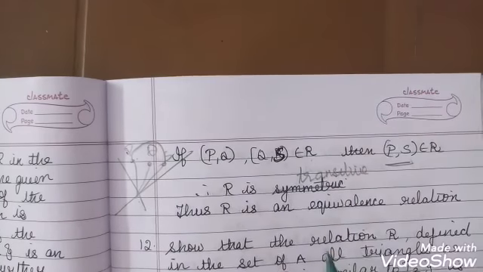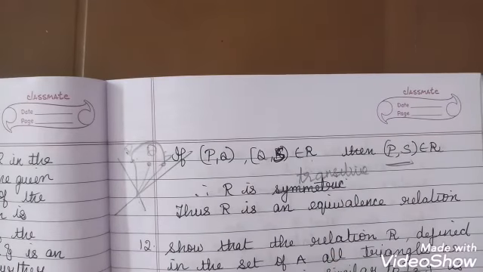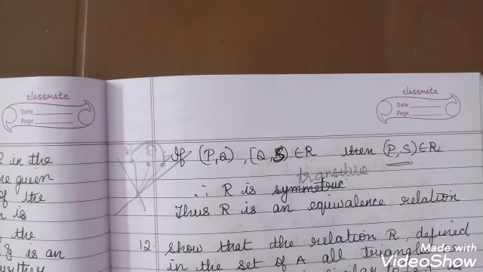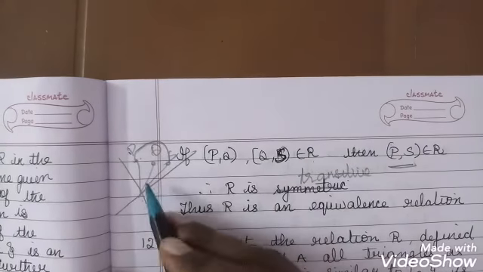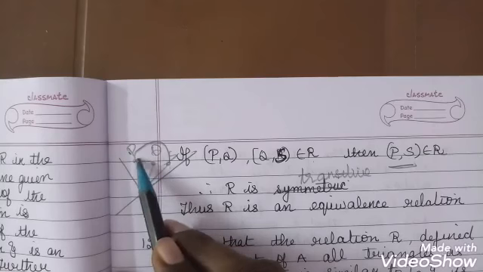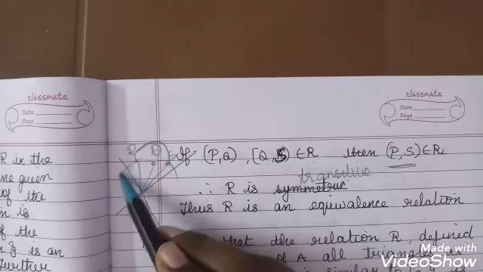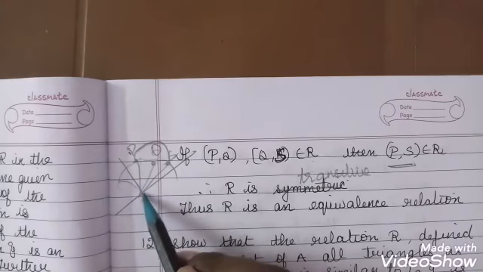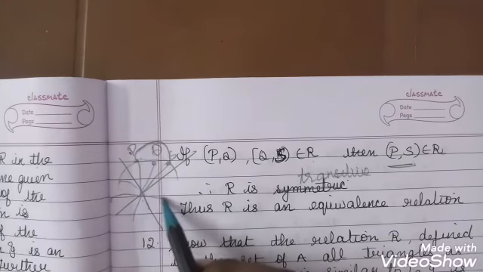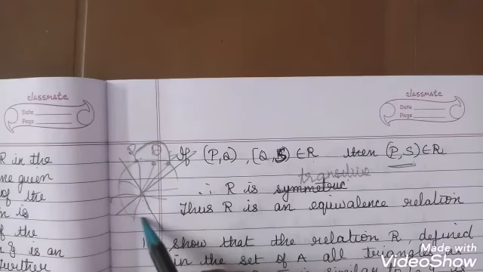Now they have asked us to show that, as it is an equivalence relation, the set of related points is a circle with center at the origin. So now just have a look at this. You're going to have all equal points like this. Am I right? You will have so many equal points. Like this, you're going to have so many equal points at the same distance from the origin.